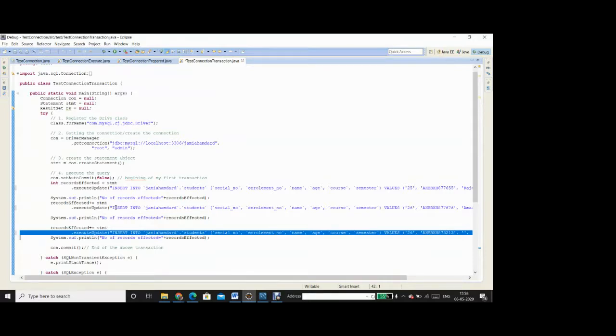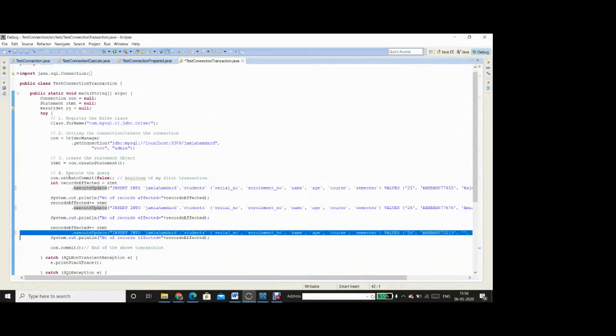The database server will wait for the last statement before the con.commit statement to be successful. Say, if this is not successful, then the effect of these two statements will be undone. So if any of the statements fails, none of the three inserts will work, and if all are successful, then only you can see the permanent effect of all the three instructions getting to the database.